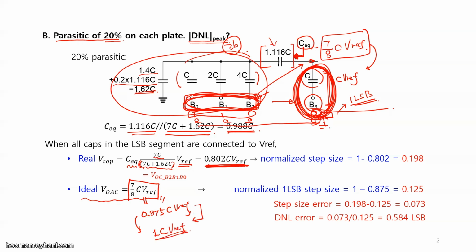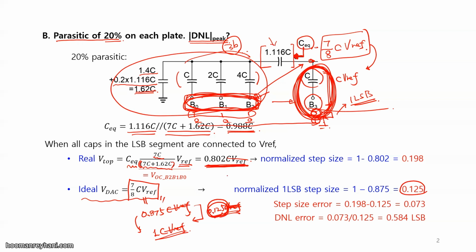So we can tell that the step size is 0.125 CVREF. It will be proportional to this value. So let's just eliminate CVREF because they are just common. Okay. So from the ideal condition, we have one LSB step size of 0.125,